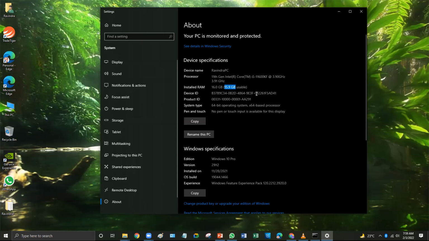Then this is what we call the Mac ID. This is the product ID of the operating system. This is a license allotted to me by Microsoft as far as Windows 10 Professional is concerned. I have a 64-bit operating system and a 64-bit processor. I'm not using any touch or pen, I'm using mouse and keyboard. These specifications are important whenever you do low-level programming or you are trying to be a data scientist. Now I'm using Windows 10 Pro with version 21H2. I don't know what that means, but it means something.